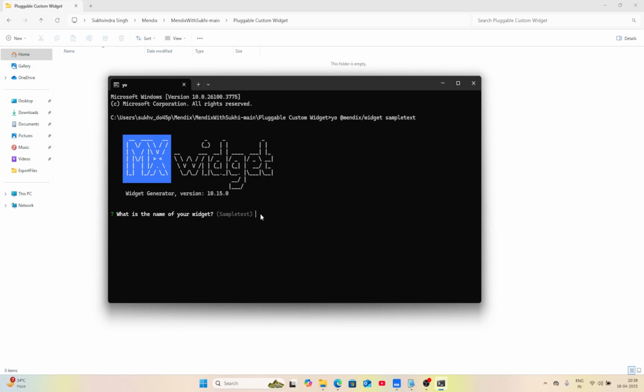If you want to change your widget name, you can retype here. If not, hit enter. If you want to give some description, I am giving "learn about folder